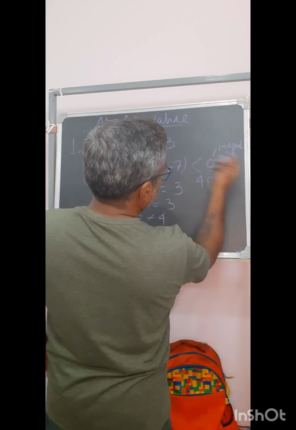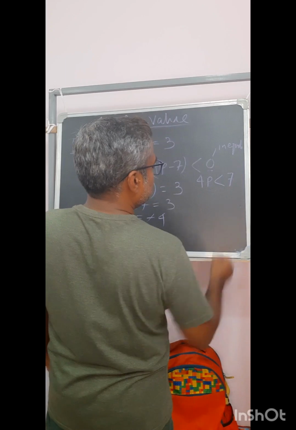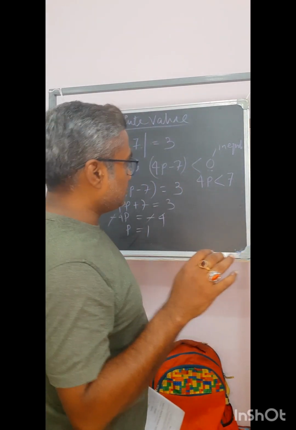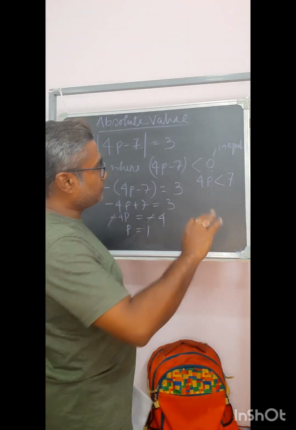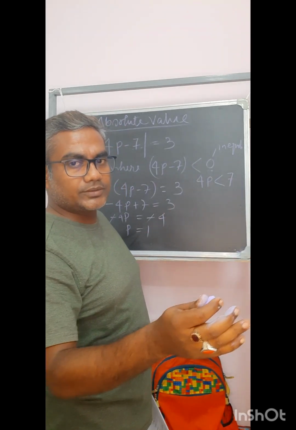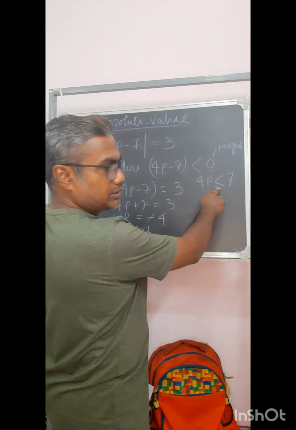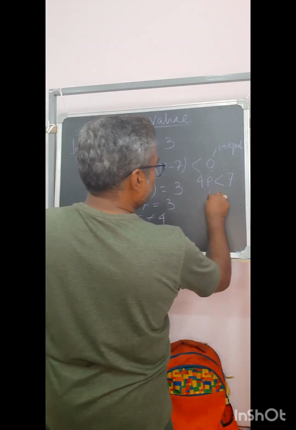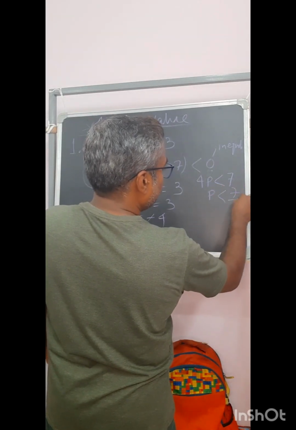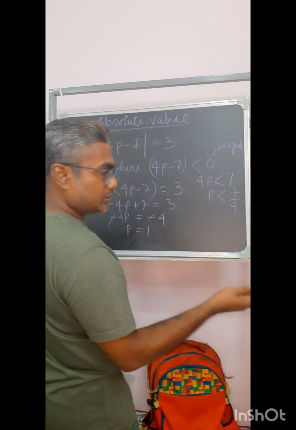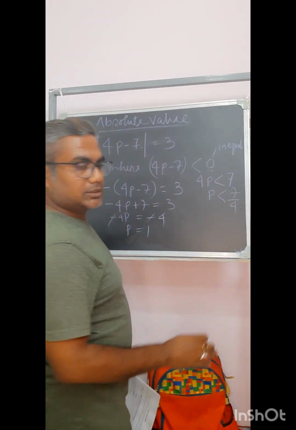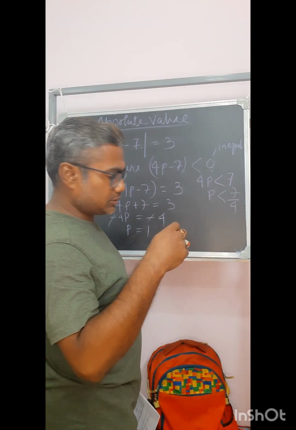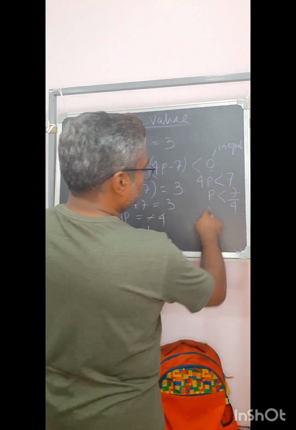4p, if I take it to that side, the sign will change. For equation and inequation, the property will be the same. When it switches over to the other side of the unequal sign, it will change its sign itself. So for p, dividing the same term in the numerator and denominator won't change the condition unless you reverse or reciprocate the fraction. So p is less than